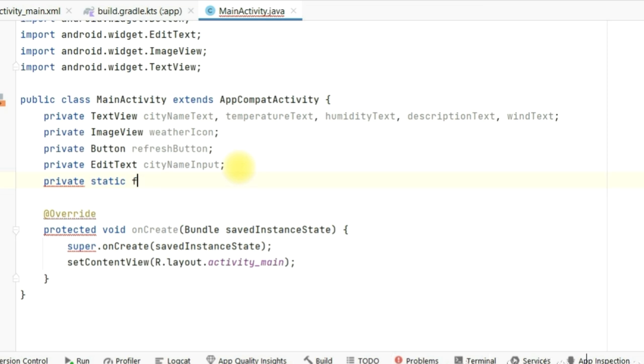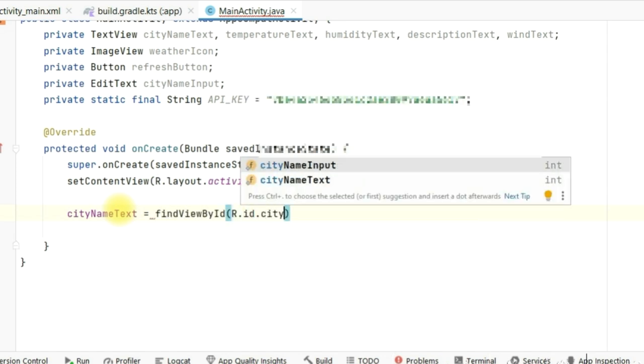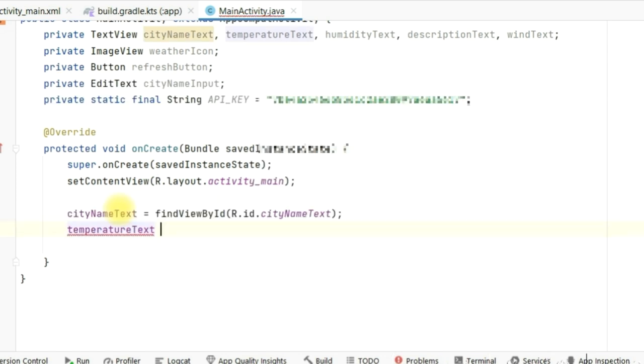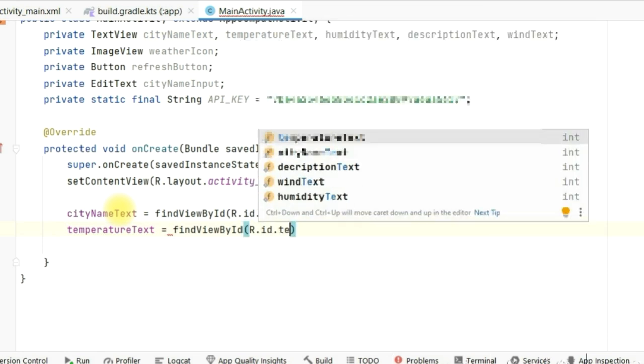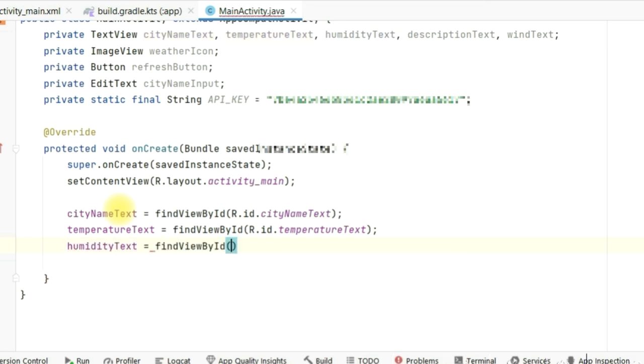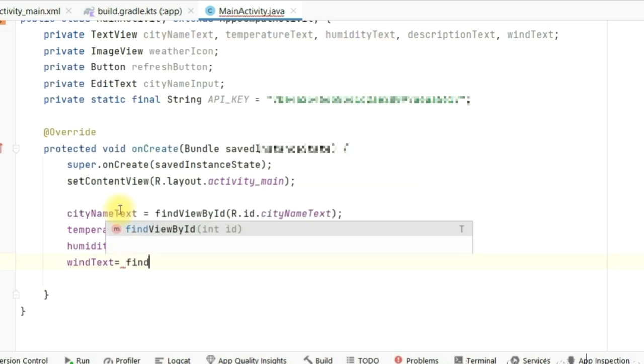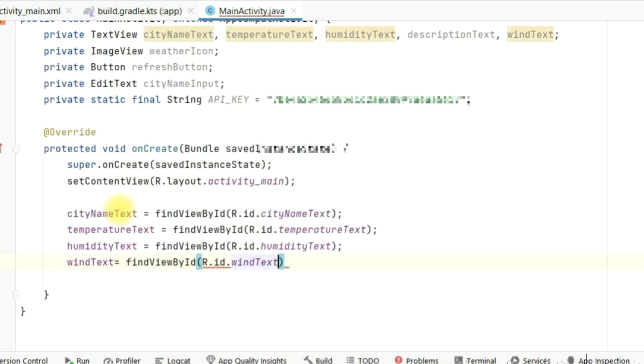So private static final String API_KEY, that's my variable name, equal to, and under the quotes I will paste the API key, semicolon. Inside the onCreate method, I have to initialize everything now. So cityNameText equal to findViewById R.id.cityNameText. temperatureText equal to findViewById R.id.temperatureText; humidityText equal to findViewById R.id.humidityText; windText equal to findViewById R.id.windText; description